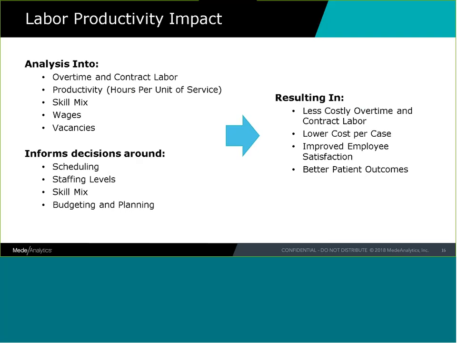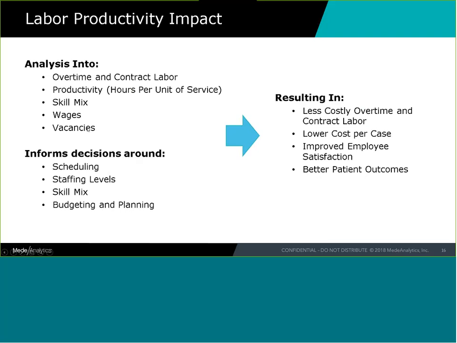Labor is half of the cost of a hospital. And that comes down to nursing and techs. Major drivers here, levers for improvement, are managing overtime and contract labor, getting your staffing right. You're matching your staffing with your units of service, your patient days with how many nurses are on the floor, getting the skill mix right. Could you be using nurses aides or LPNs instead of full-fledged RNs? Watching your changes in wages over time and making sure that you're managing that appropriately,